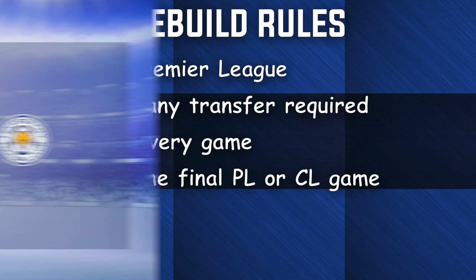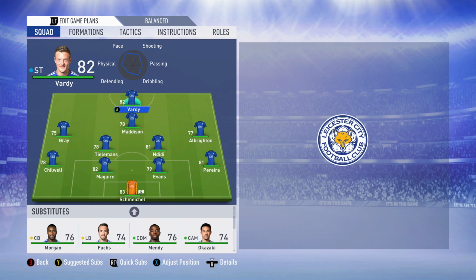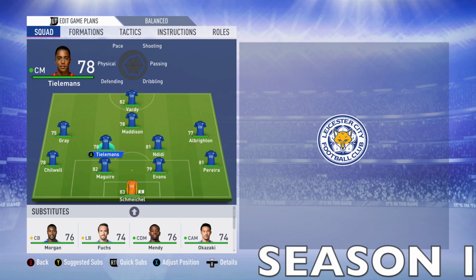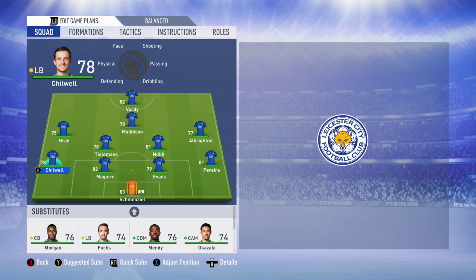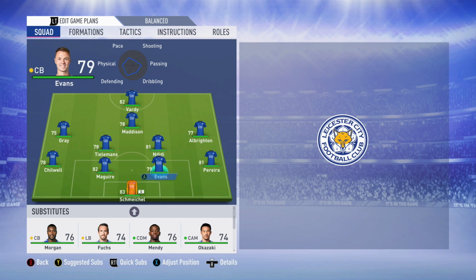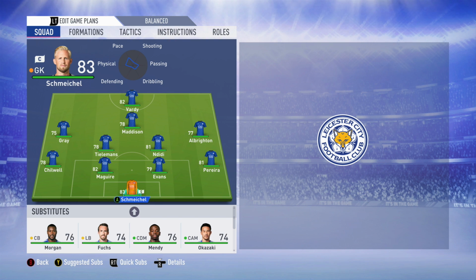Let's get this started. Time to take a look at the squad, and this is the Leicester team we have at our disposal at this moment of time. Jamie Vardy, Maddison, Tielemans, Ndidi, Harry Maguire, Chilwell, Pereira, Evans, Schmeichel. It's a pretty good first team. Some key players probably being Jamie Vardy, Ndidi, Maguire, and of course the keeper Kasper Schmeichel,